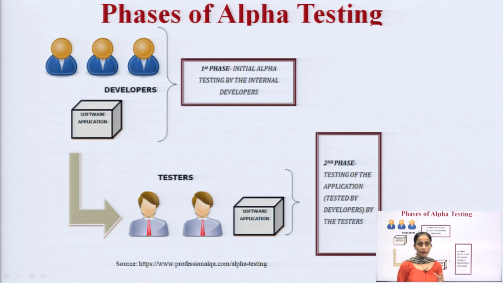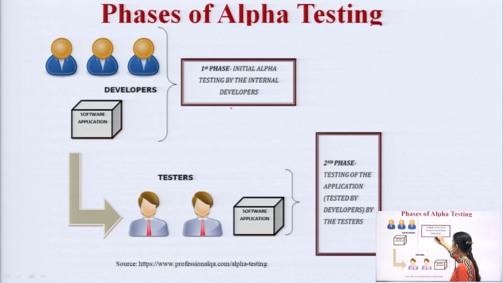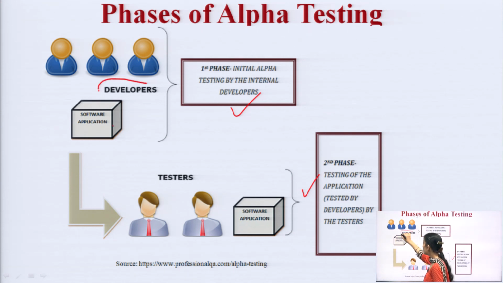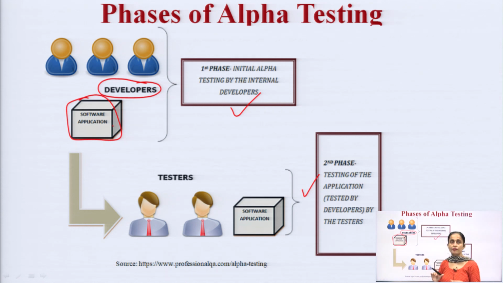Then there are two different phases for doing this alpha testing. Let us do that. The first phase says it is done by the developers. This is our developed software application, that is the product that we are having in hand after the software development phase. So, the first phase of alpha testing is performed by the internal developers who have written the